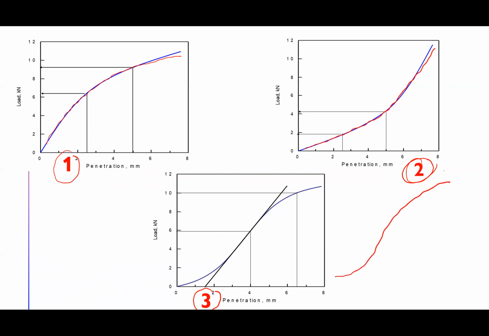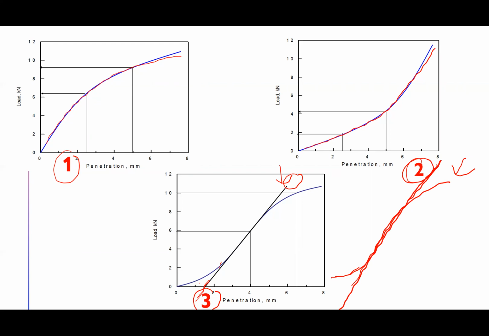If you have this kind of line, you need to do some correction by drawing a tangent line that touches the surface of the graph. As you can see here, the black color is the tangent line. Once this tangent line crosses your x-axis,